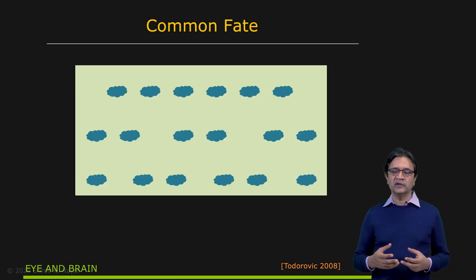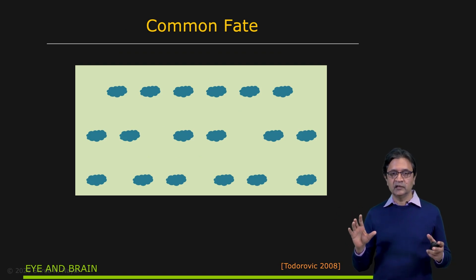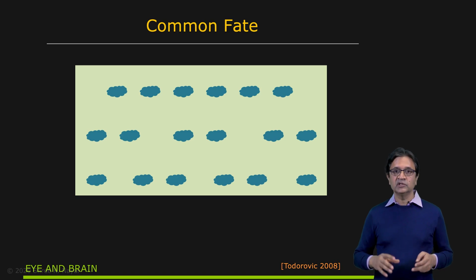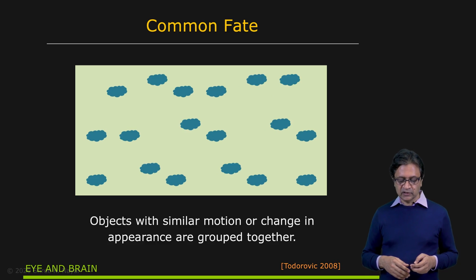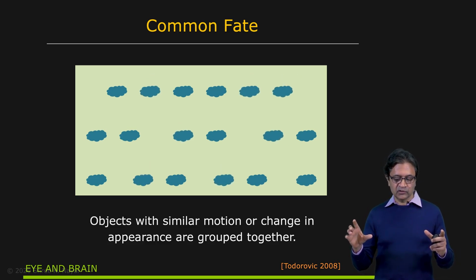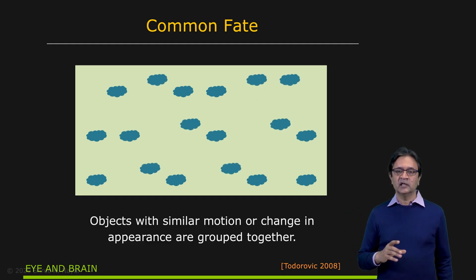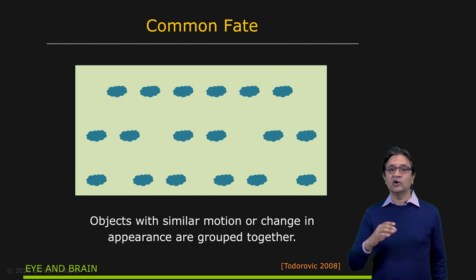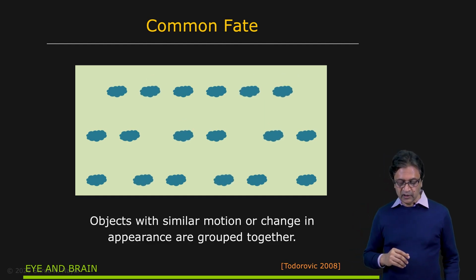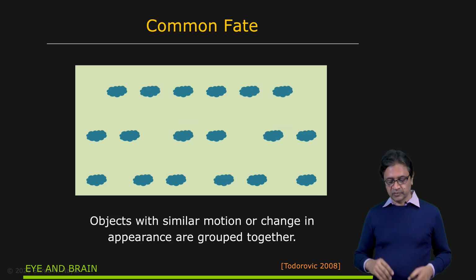Then you have common fate. You may have things that are pretty far away from each other, these elements, but if the same thing happens to them, then you see them as one subgroup. So for instance, in this case, you see that you have these elements that are not really that close to each other, but they're moving the same way. By the mere fact they're moving the same way, they have common fate, so to speak. Therefore, they are immediately grouped together as a subgroup.